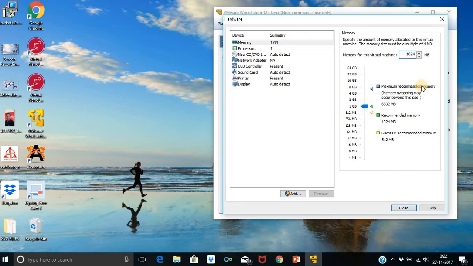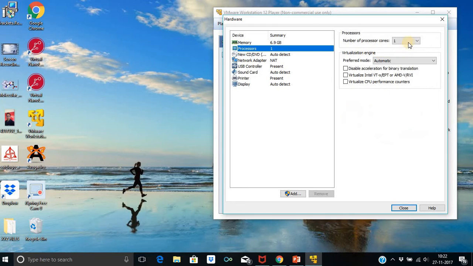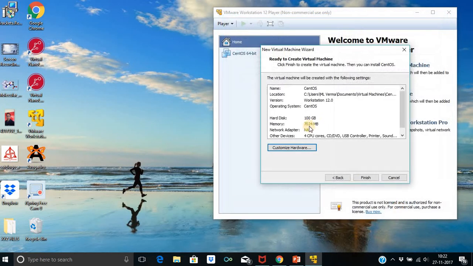So let us give 7 GB RAM to this VirtualBox, and then this is i5, so I can choose 4 processors, and now this VirtualBox is all customized.